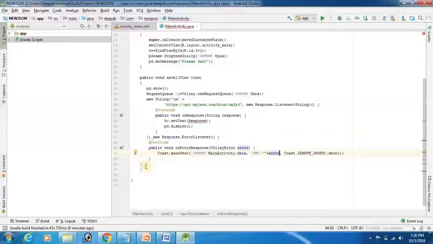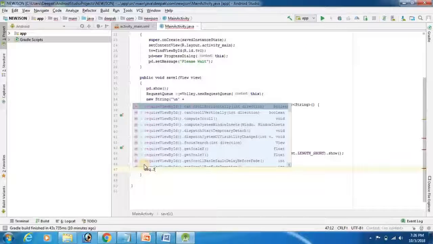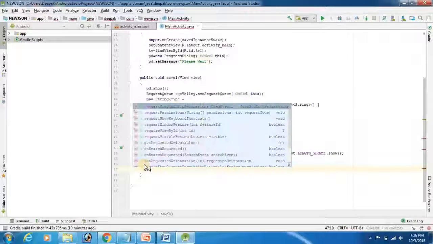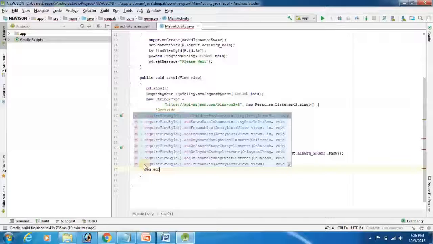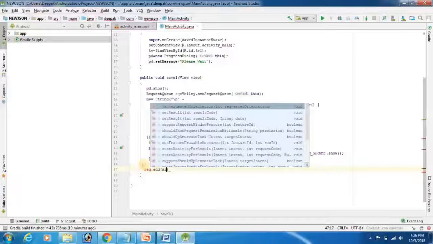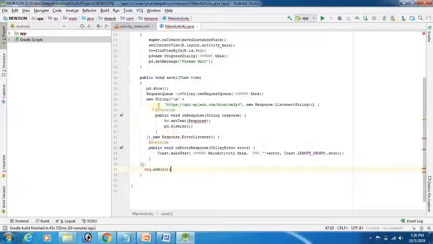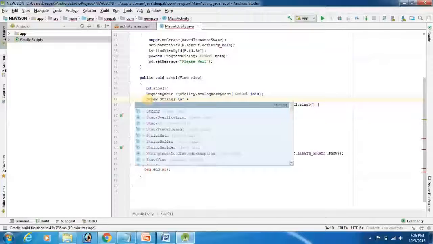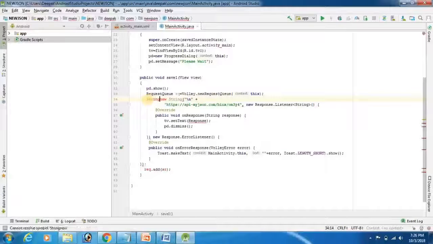Friends, after that add request dot request dot add sr. Friends, first of all new StringRequest assign into StringRequest, so sr. That's it. Friends, this is our coding. Friends, here is some mistake. So